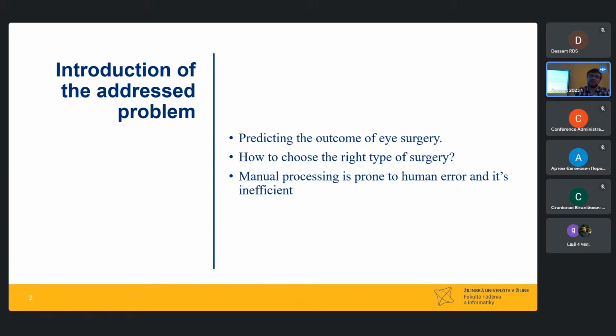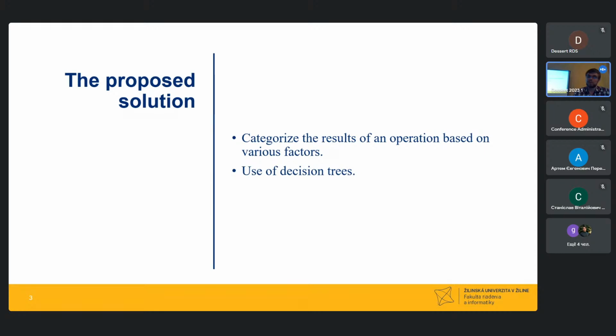Because if you are talking, for example, about eye surgery, then one problem with the eye can be solved with different surgeries, and every surgery comes with its own advantages and disadvantages. So choosing the right surgery for the right patient is quite important. This can also be done manually, but this process is very complex. It takes a lot of time, and it's also prone to human error. And because of this, we propose a solution